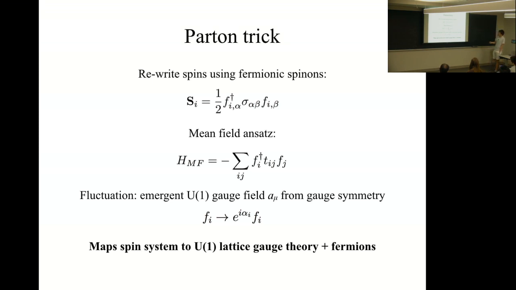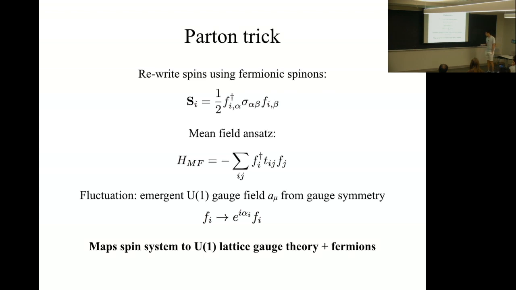But here, the slightly funny thing is that the fluctuation, once you introduce it, is guaranteed to be a gauge theory, or a lattice gauge theory. You can see from this decomposition that if I multiply one of these fermions by a complex phase factor, nothing changes. Absolutely nothing changes. So that's the gauge redundancy intrinsic here. Practically, there are many different gauge groups one can choose depending on context: U1, Z2, SU2. But for this talk, I'll be focusing on U1. There are some motivations for that.